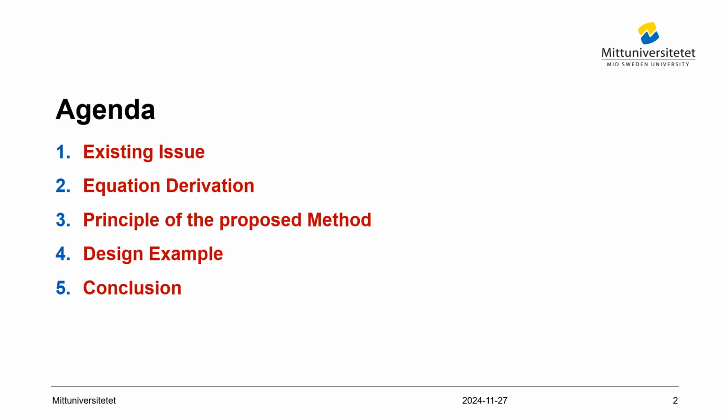I have organized my talk as follows. I will start by discussing some existing issues that are related to the calculation of the air gap presented in the literature. Then I will introduce the new equation, which is derived from Ampere's law. In the third part, I will discuss the principle of the proposed method to design the DC inductor. I will follow this with some examples to understand the relationship between the different variables, and I will finish with